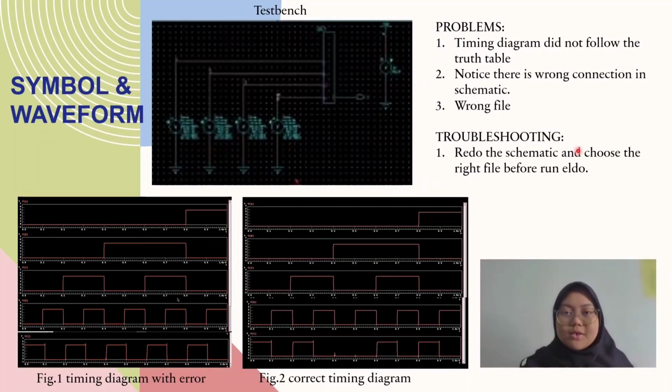Next, after we generate the symbol, we can continue with the test bench. For the test bench, for each input, we put different values of delay, width, and period to achieve the desired timing diagram that follows the truth table. But after we ran the simulation for Eldo, we noticed that the timing diagram did not follow the truth table. But then we checked again and noticed that there was a wrong connection in the schematic, and we also chose the wrong file to run